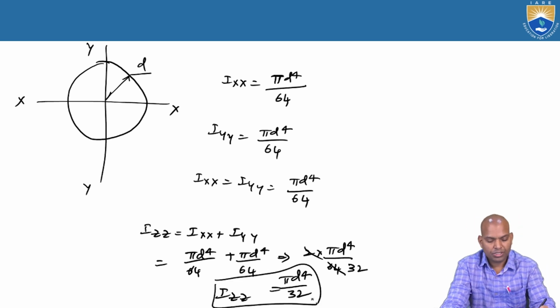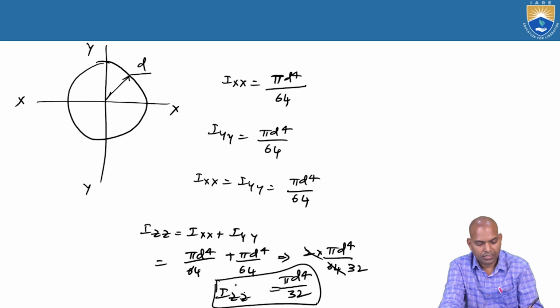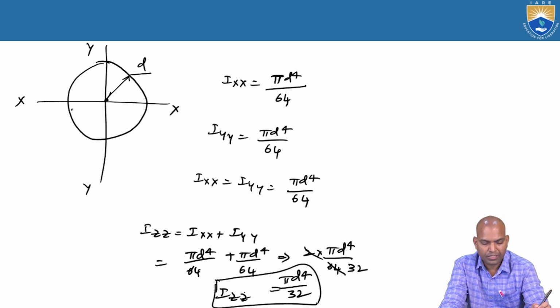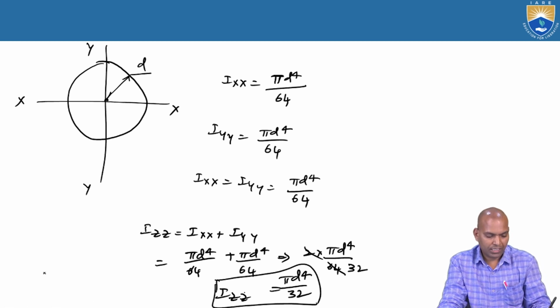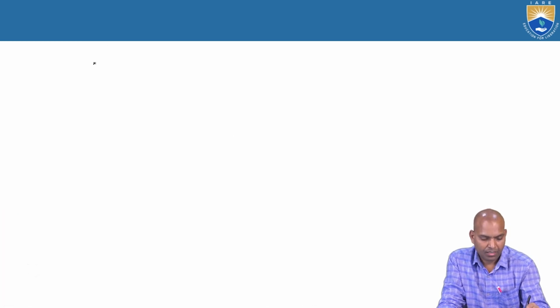So the moment of inertia Izz is known as the polar moment of inertia. It comes from studying that Izz equals the polar moment of inertia about the perpendicular axis, normal to the surface of the circle plane. That is the polar moment of inertia. Now, if we compare the expressions of the circular section with